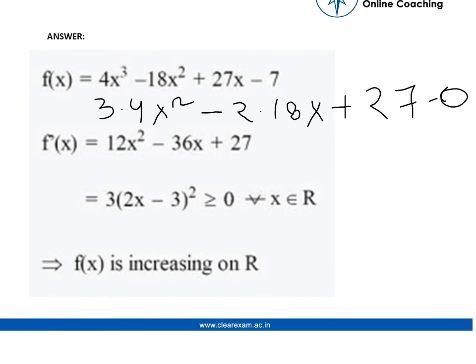Here we can see when we start differentiating this equation, we'll get 3 × 4x² − 2 × 18x + 27 − 0, which would result in 12x² − 36x + 27. Now when we rearrange this equation, we'll be able to get 3(2x − 3)², and obviously this expression would always be greater than or equal to 0, so that's why this function is always increasing on